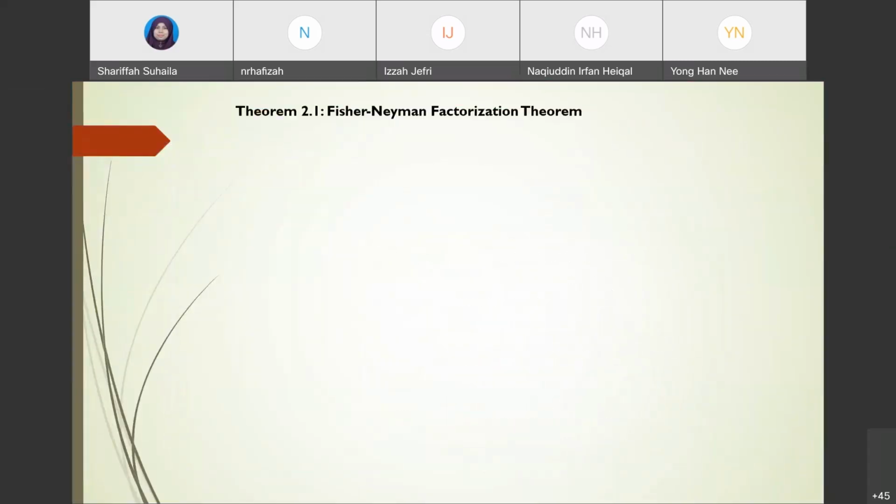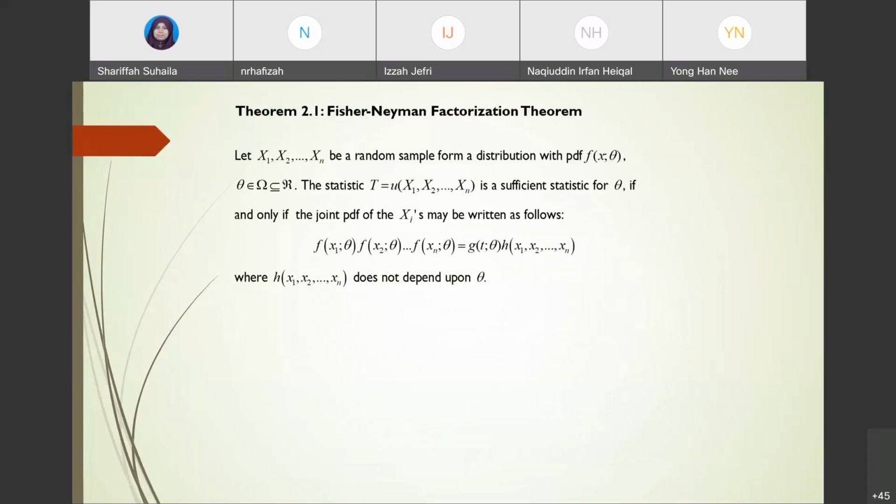Okay, so ini kita panggil sebagai theorem 2.1, Fisher-Neyman factorization theorem. Okay, so kalau yang tadi tu kita kena dapatkan dia punya probability function for your ataupun probability distribution for your sufficient statistic tadi. So that's why the question asks you show that T equals to summation Xi is a sufficient statistic. Okay, sebab dia dah ada T equals to summation Xi, so kita dah tahu kita nak dapatkan family distribution dia untuk summation Xi. Okay, but when we apply the Fisher-Neyman factorization theorem, normally the question set is find the